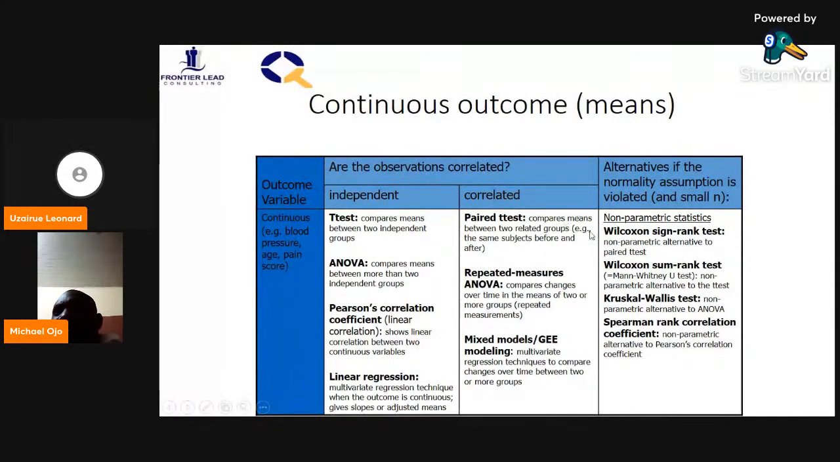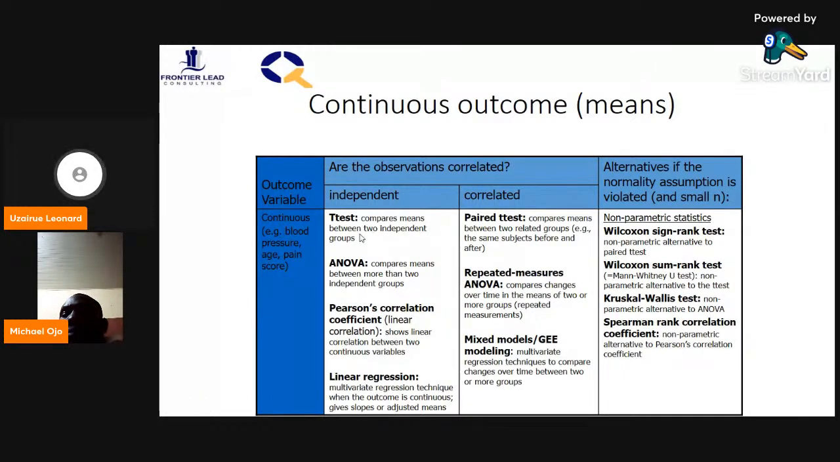Now, these two that are mentioned are what we refer to as parametric statistics. If the data are not normally distributed, then we'll be talking about the Wilcoxon signed rank test. This is a non-parametric test, an alternative to the paired t-test. The alternative to the t-test is the Mann-Whitney test, which is what you usually use in place of the t-test